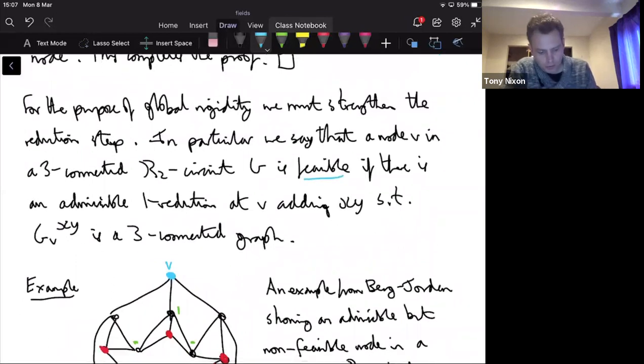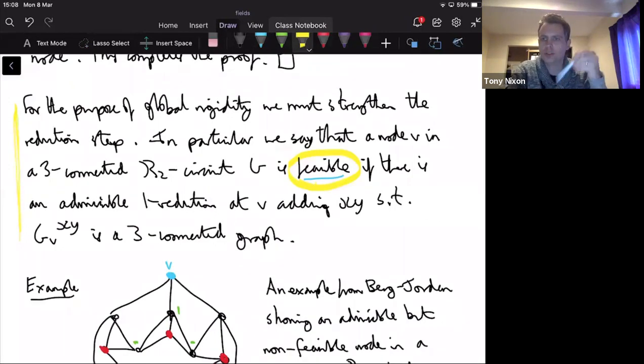Okay, so first of all, I want to talk about this feasibility. Maybe I didn't mention feasible last time, or maybe what I said about feasible didn't make much sense, so I'll say it in more detail. We know that all of our globally rigid things are going to be free connected. But it's possible, since circuits can be two connected but not free connected, that I take a nice free connected